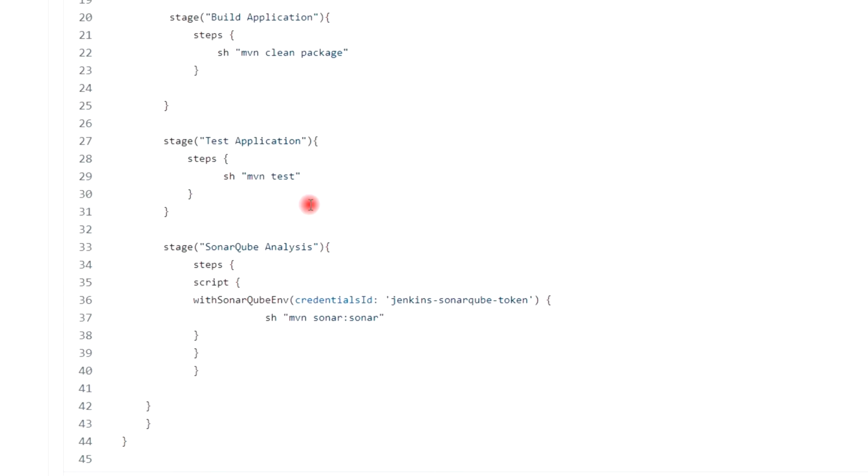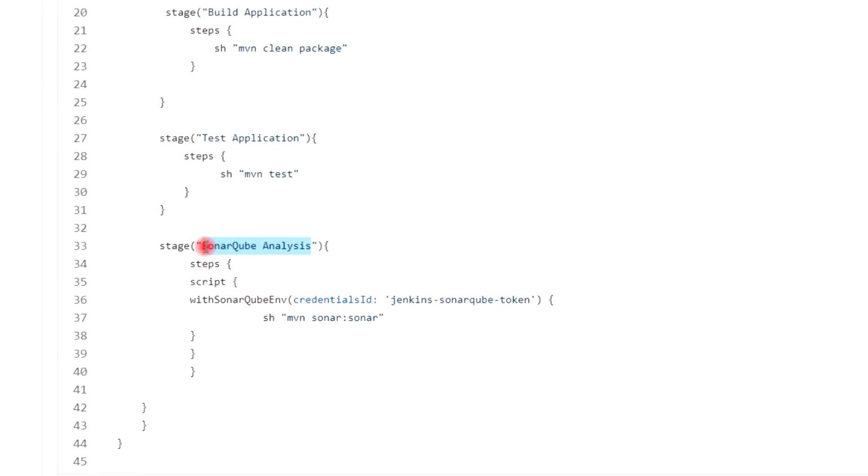Name of the stage is SonarQube analysis. So this is the credential ID which we have given in the Jenkins SonarQube token.